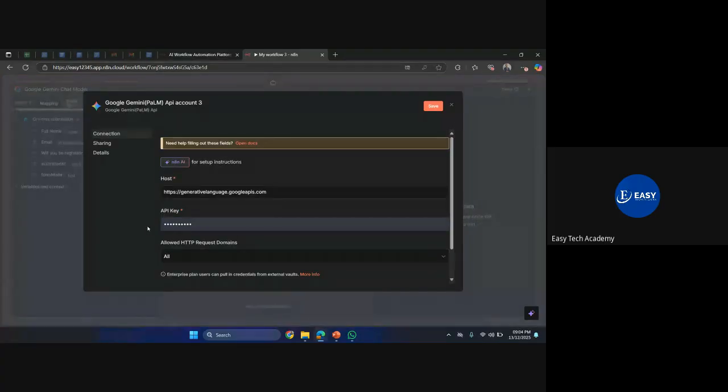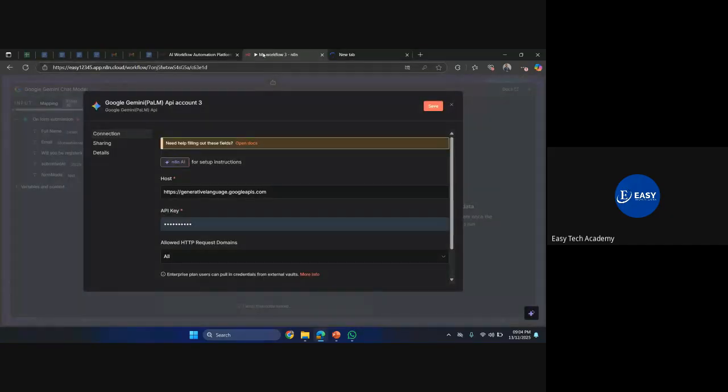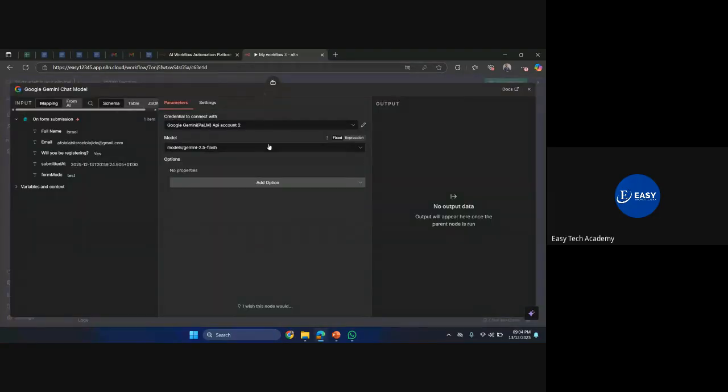But you need an API key. How do you get the API key? Now, the simplest method I always recommend for my students is this: I tell them to open the documentation. Because if you memorize the website, you might forget, but with the documentation, we see a step-by-step guide on how to get the key, right? Because of time, I will not be able to go through it. Just type AI Studio, or ai.google, to see the key. All you need to do is create the key, copy the key, and then paste it here to start working for you. But because of time, I will not be able to do that. So I already have my own account set up, right? So I'll click on my